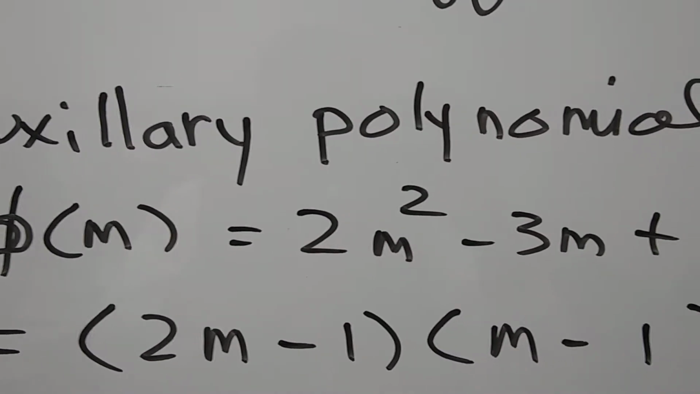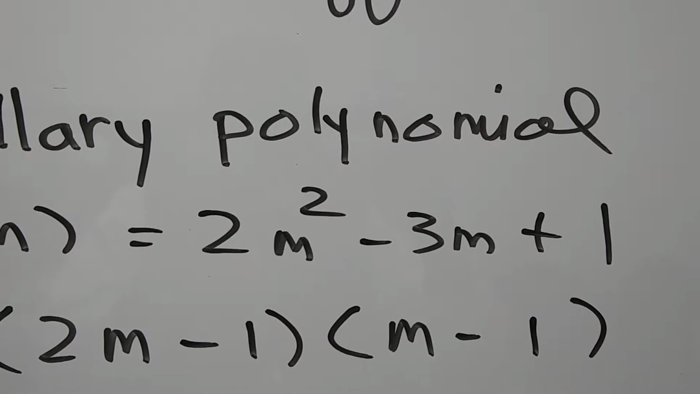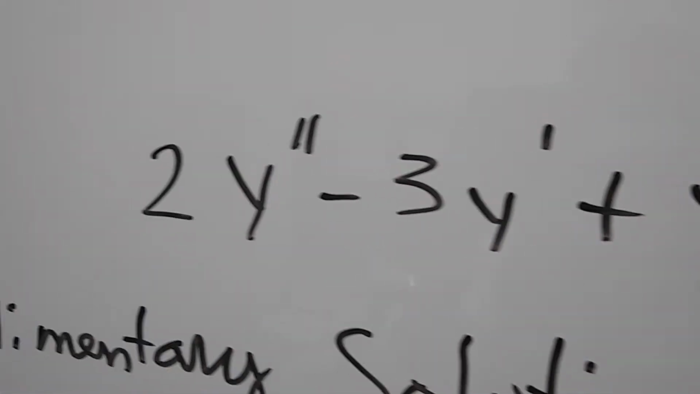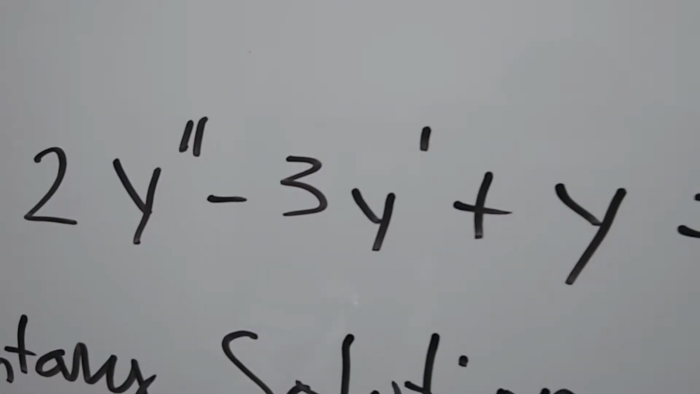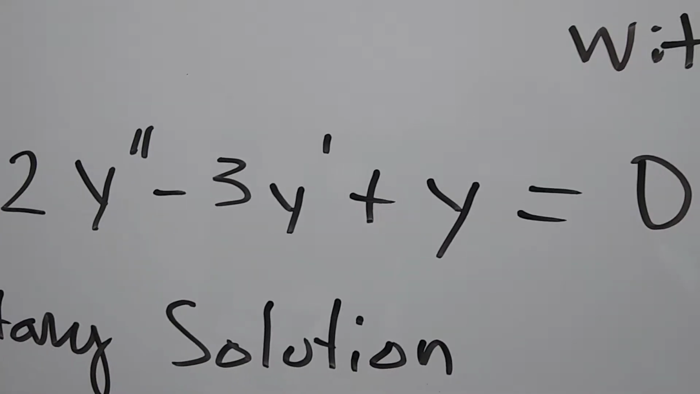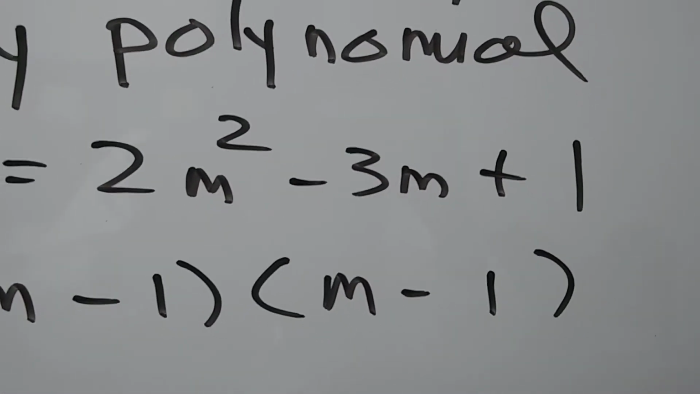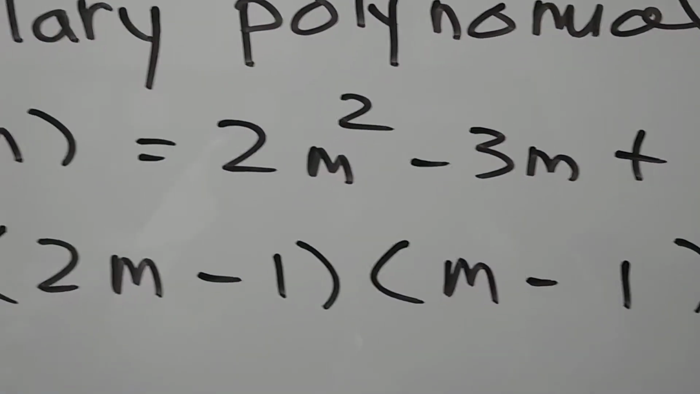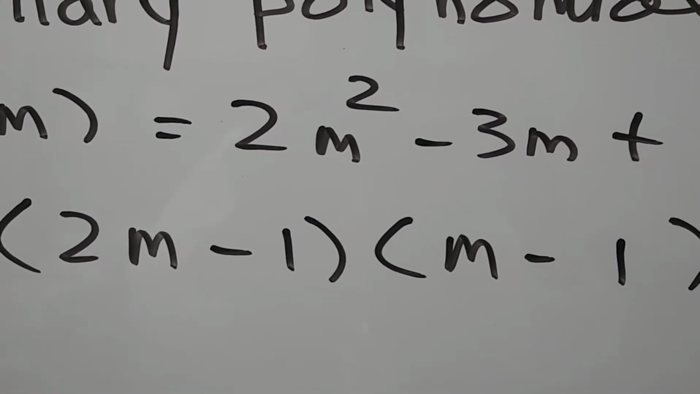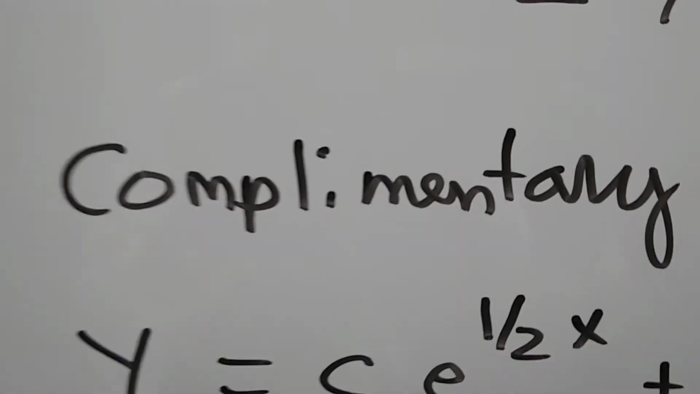So phi of m is equal to 2m squared minus 3m plus 1 to correspond to 2y double prime minus 3y prime plus y equal to 0. So I got my polynomial from that differential equation. It factors, and the roots are 1/2 and 1. So the complementary solution is